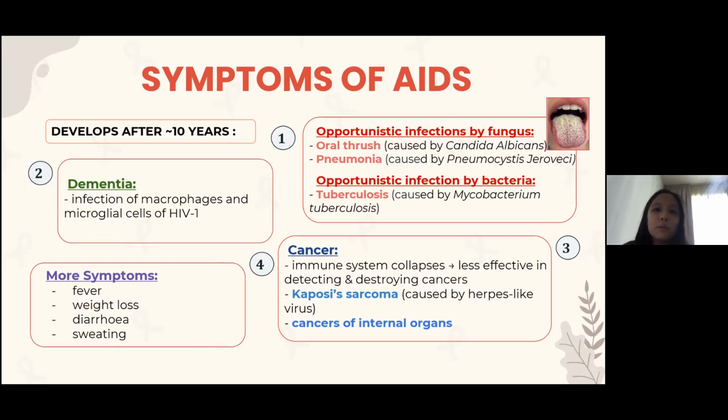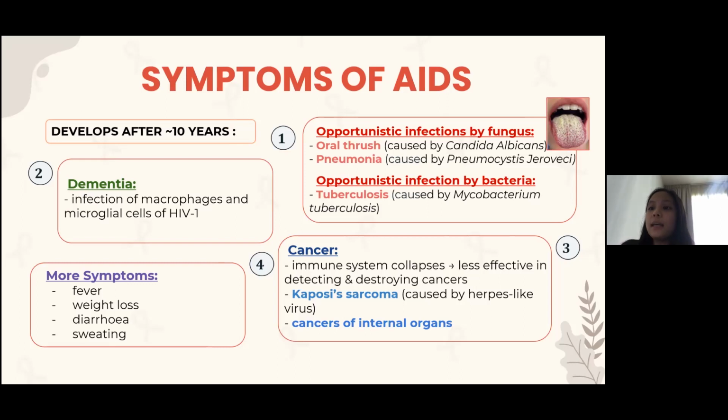When you have AIDS, you're more likely to get dementia because the HIV virus actually infects the microglia cells and the macrophages of the brain. Microglia cells are basically the macrophages of the brain and act as immune cells to create an optimum environment for your neurons. Next is when you have AIDS, you're more likely to get cancer as well because the immune system